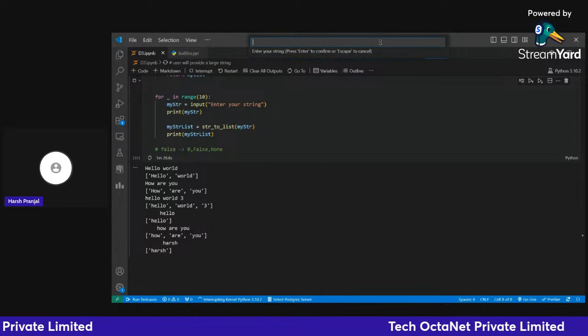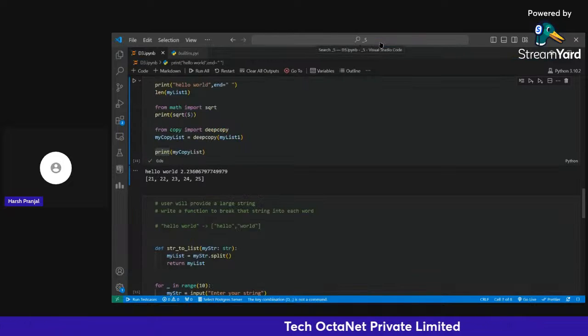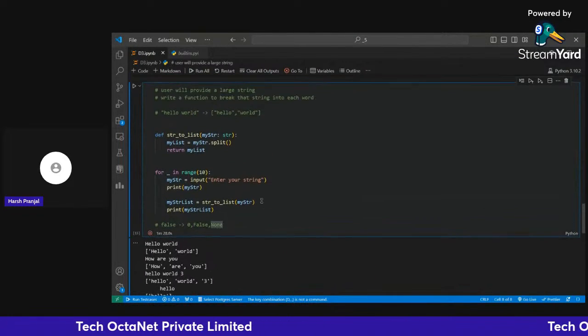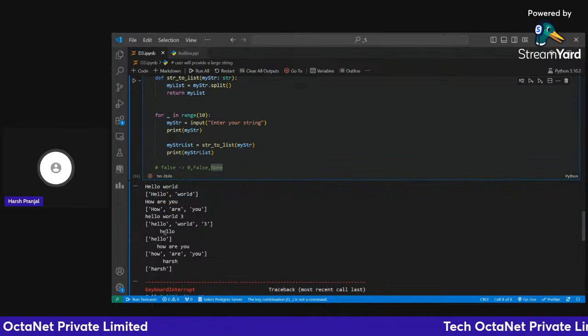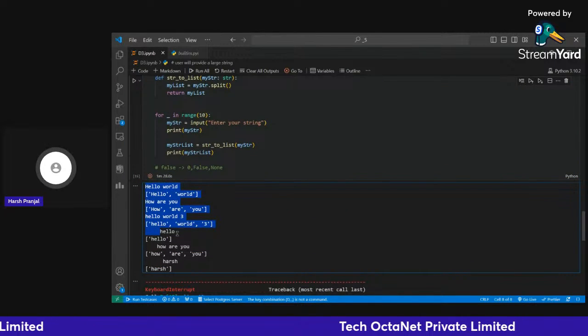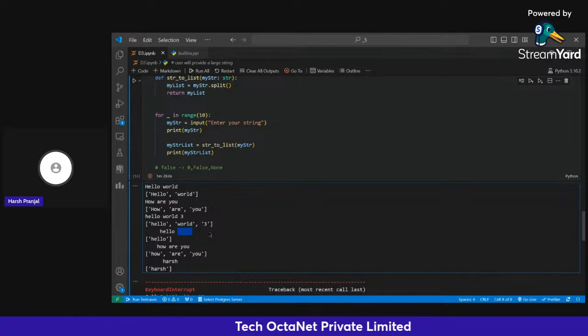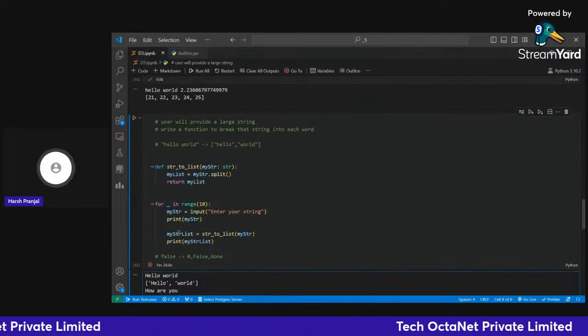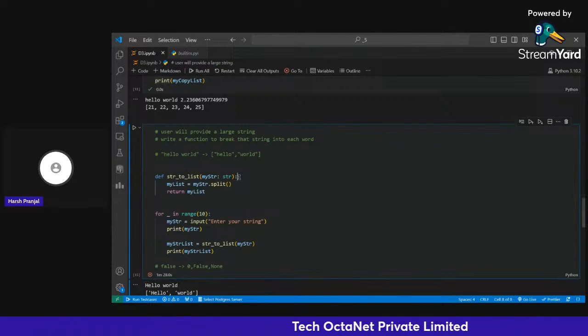Okay, let me end this one. Suppose to handle these types of cases where you have some trailing spaces, if you want to clean your string, if you want to remove this particular space, what we will do, we will use